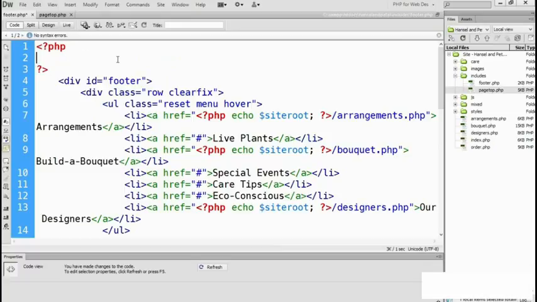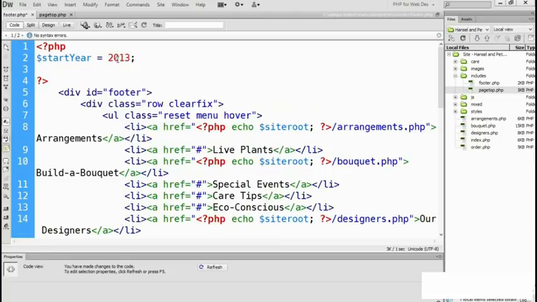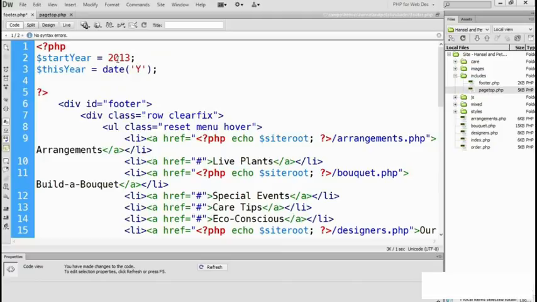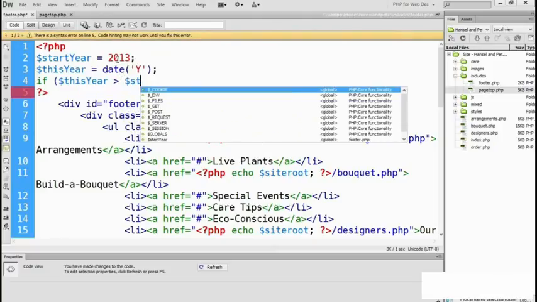So let's have a first variable, which will be the start year, all one word, so we'll use camel case. startYear, capital Y for year, equals 2013. And then we need a variable for this year, so we'll call that thisYear, and use the date function. An uppercase Y gives you the current year. Next, we need to find out if the current year is greater than the start year. So that's an if statement, and the condition will be if thisYear is greater than startYear,